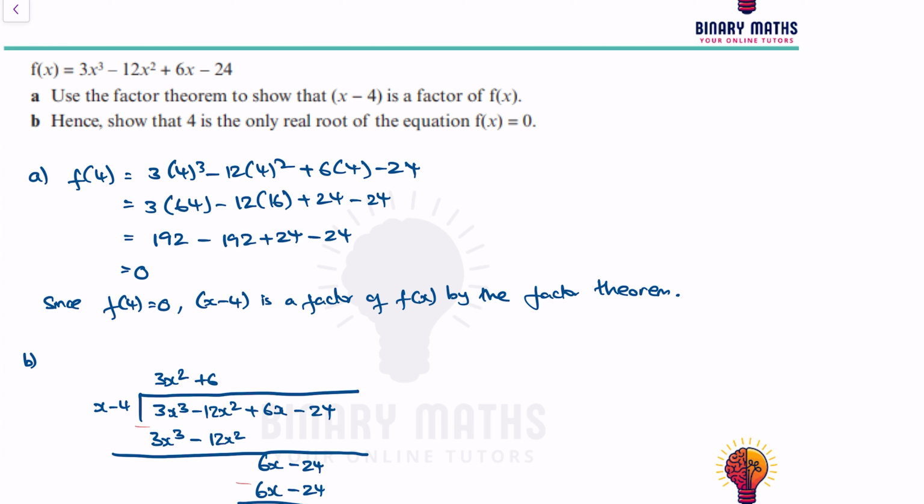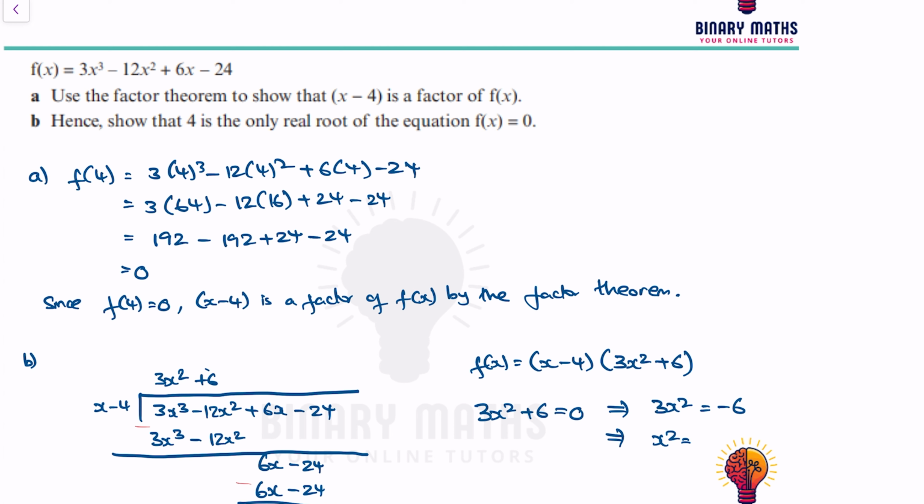So that means f of x is equal to x minus 4, which was my first factor, times the quotient that I got at the top, which is 3x squared plus 6. So if I want to find another solution, x equals 4 is already a solution, but if I want to find another solution, it's when 3x squared plus 6 is equal to 0. So 3x squared plus 6 is equal to 0 implies that 3x squared is equal to minus 6, which implies x squared is equal to minus 2, which means x is equal to plus or minus root of minus 2,